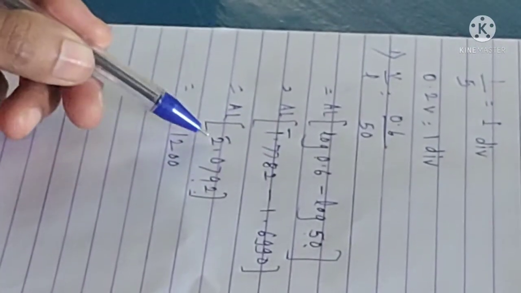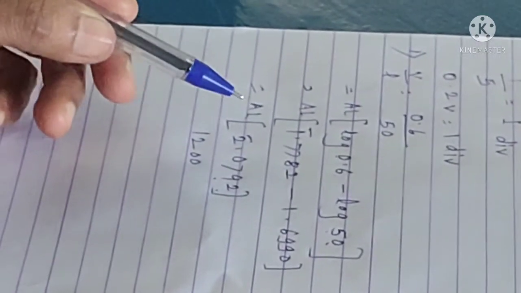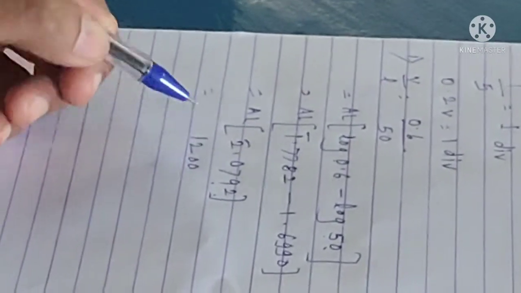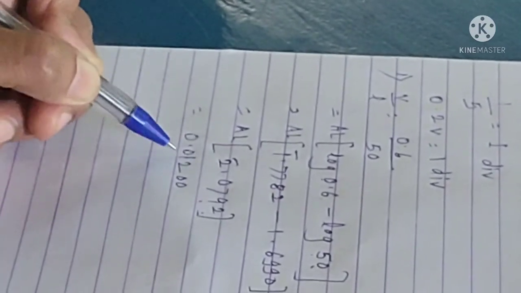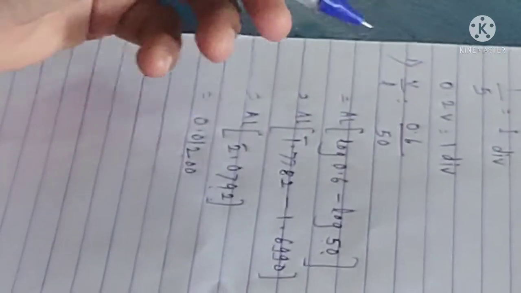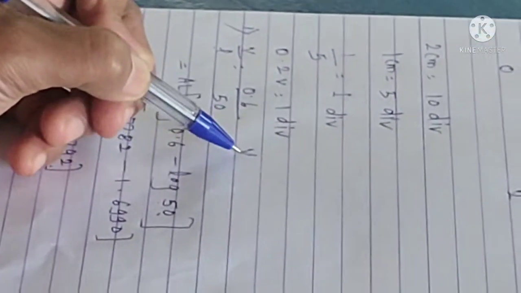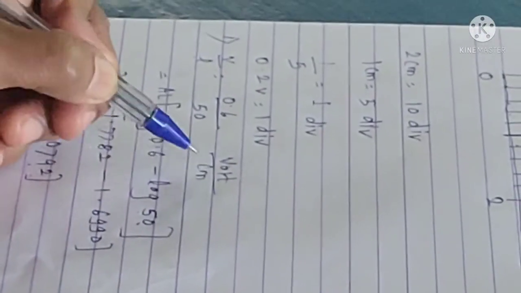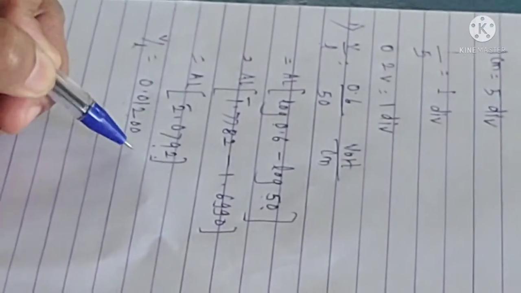It is 1200. Here the characteristic is bar 2, you have to add one, bar 2 plus 1 is bar 1, so it is adjusted as 0.012. As it is a ratio of V by L, V is in volt and it is divided by length in centimeter. Therefore the unit of V by L is volt per centimeter.